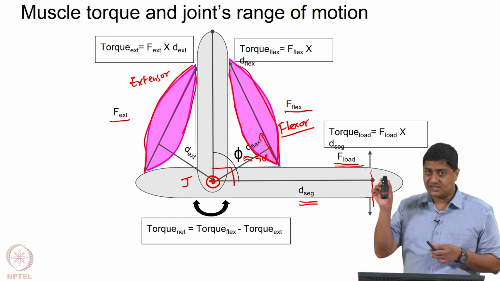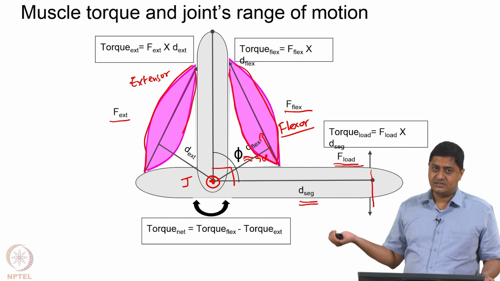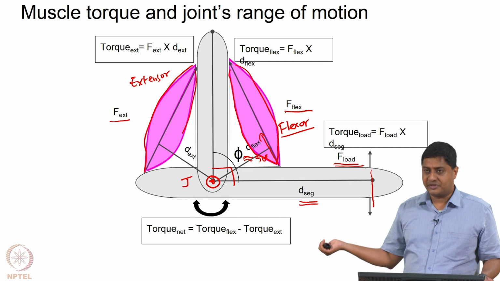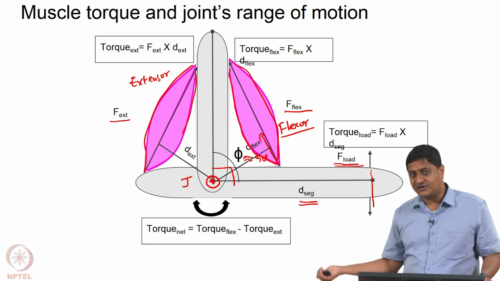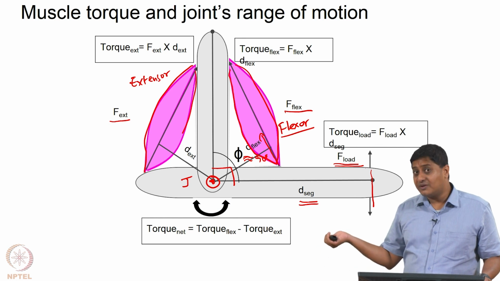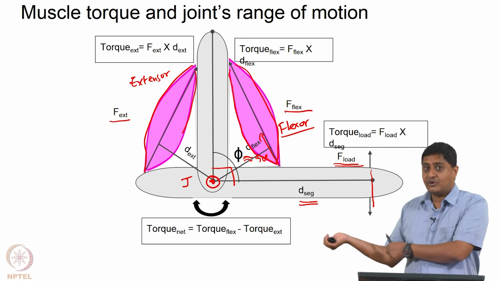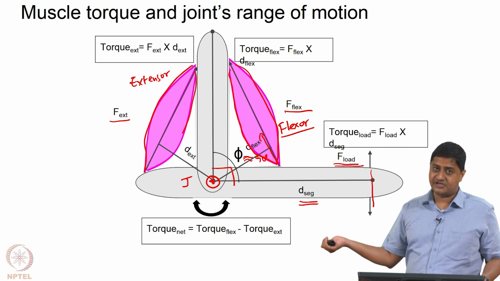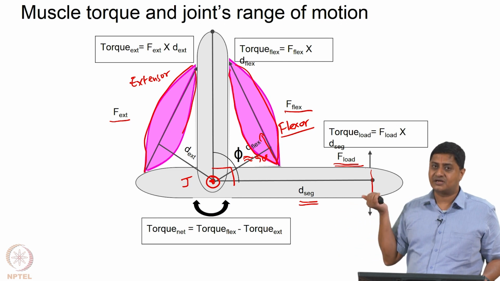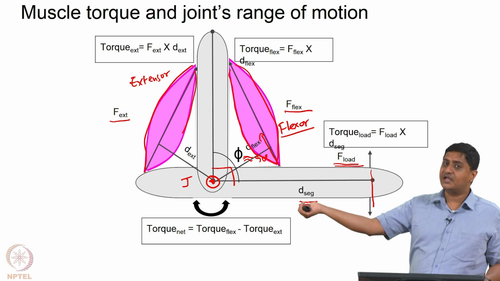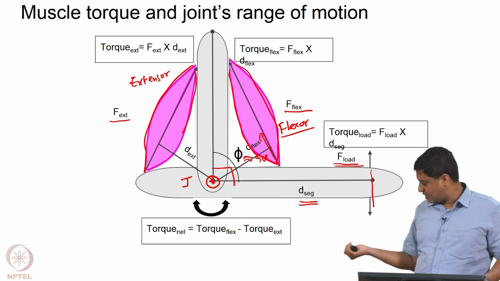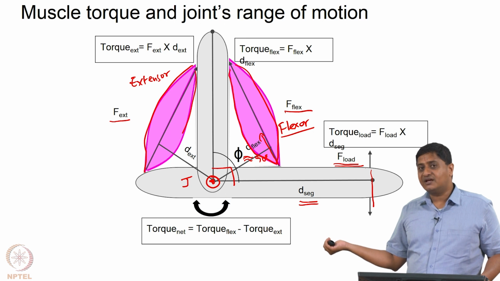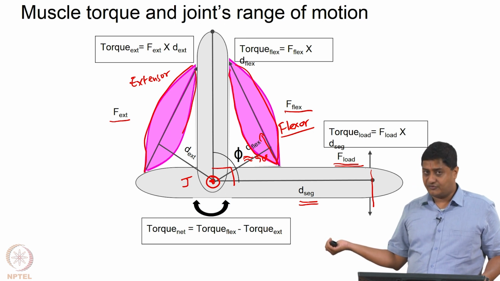Now, I would like to hold the object in equilibrium. Let us assume that this object is about 10 kilograms, right, and I have to hold it in equilibrium. I have to produce an active force with the flexor muscle, because otherwise this will drop. But I want to keep it in equilibrium in that configuration. By the way, it is also possible for me to keep it in equilibrium at multiple configurations, for example that configuration, or that configuration. But for now I am interested in this configuration where there is a right angle between the upper arm and the forearm, right.